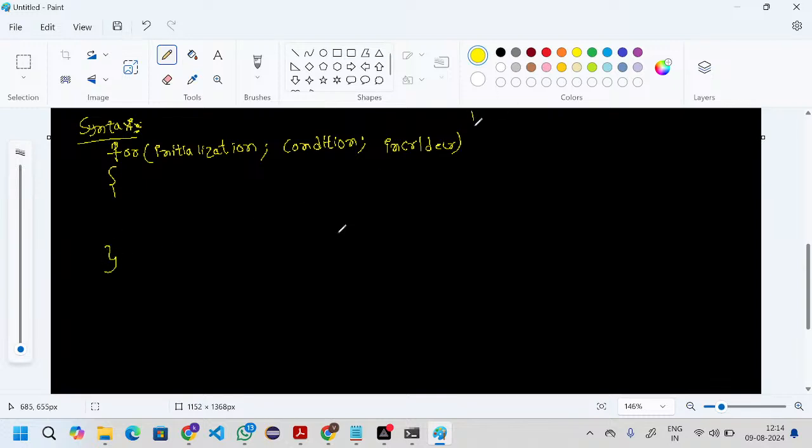What will happen? Normally we will write one program, so I will explain that program. Int, we are taking x equal to 1. And we are taking the for keyword, and instead of taking this one, we will write all the statements in the same line. For keyword and then